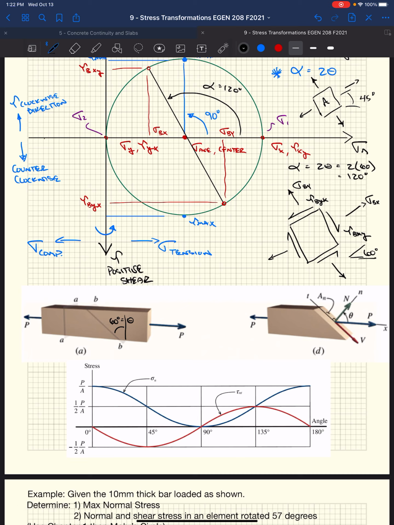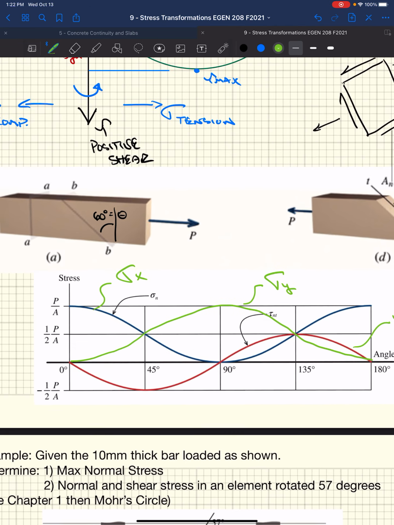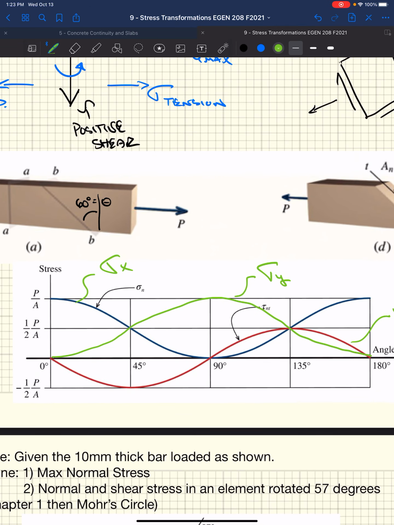All right, so if we look at this chart again, which I had before, this is sigma y. This would be sigma x, and this is tau xy or tau yx. So that's the shear stress, and that's how it varies as we go through our different planes. At 0 degrees, that's our AA plane. We've got all normal stress. We've got 0 shear stress. We've got 0 normal stress in the y direction. As we rotate around the circle,